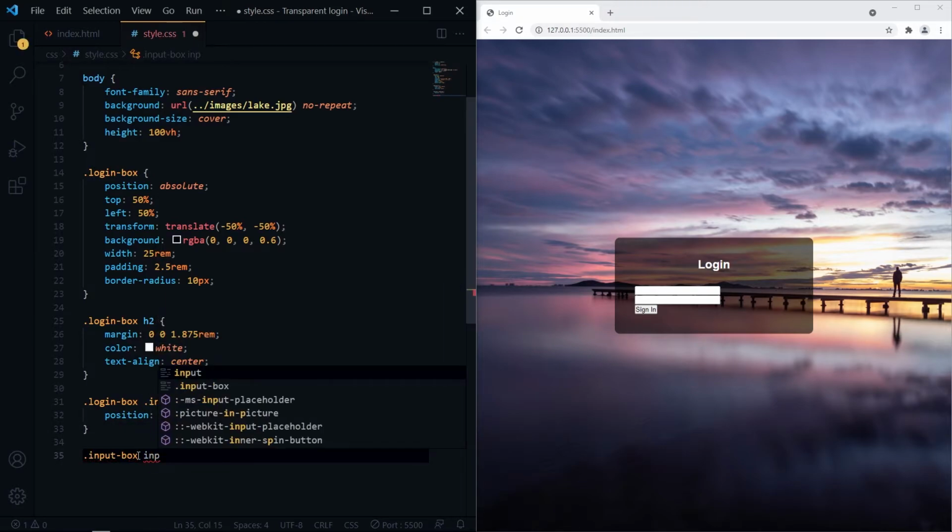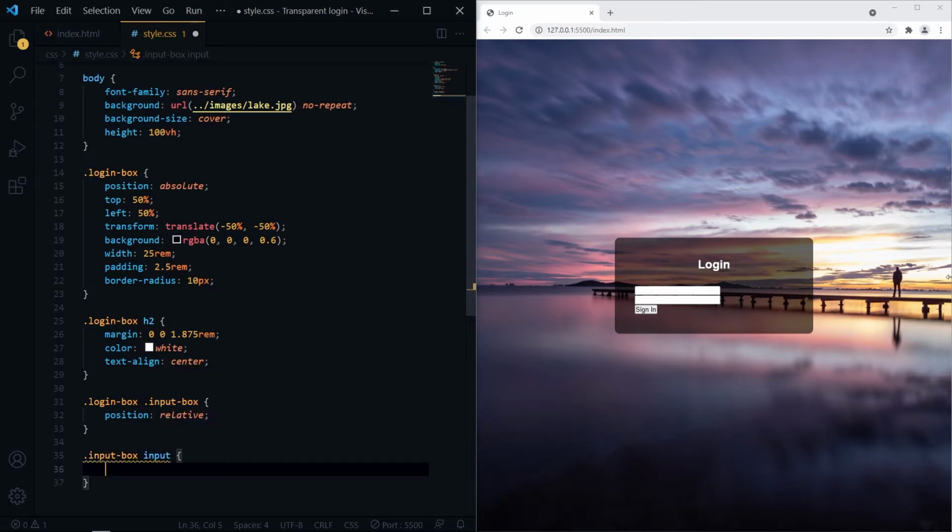Now for our input, inside the input box, we need to give 100% width, some padding, change the font size, change color, remove the background color, give some margins, remove the border and outline, and some letter spacing.